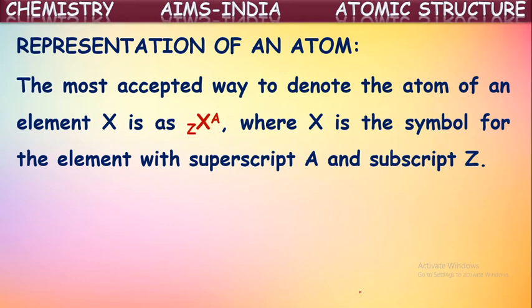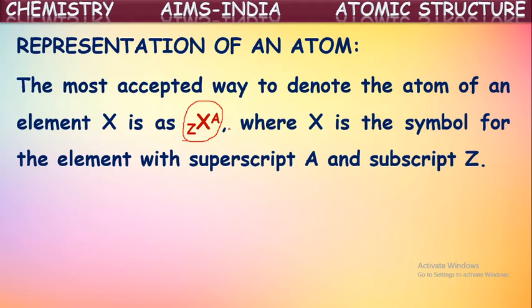The most accepted way to denote the atom of an element X is ZXA. See here, generally atoms are represented in this way. Here, X represents the symbol of that element, and Z, which is written at the left side subscript, represents the atomic number of the element, and A, which is written at the right side superscript, represents the mass number of the element. So in this way, generally elements or atoms are denoted by using symbol, atomic number and